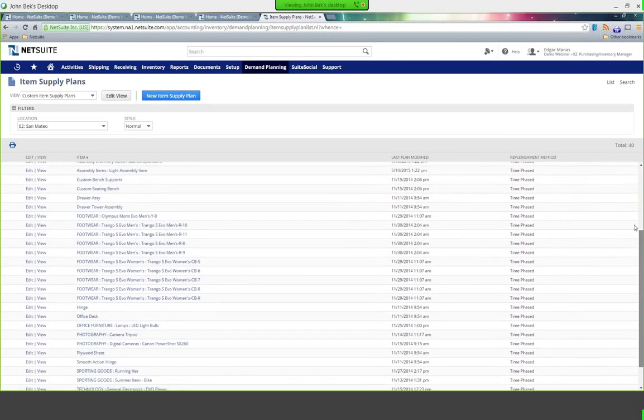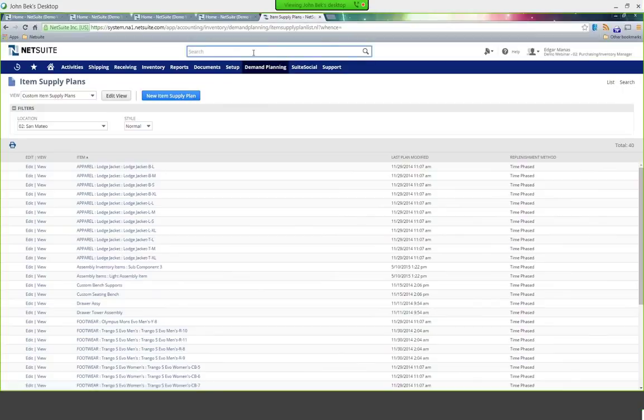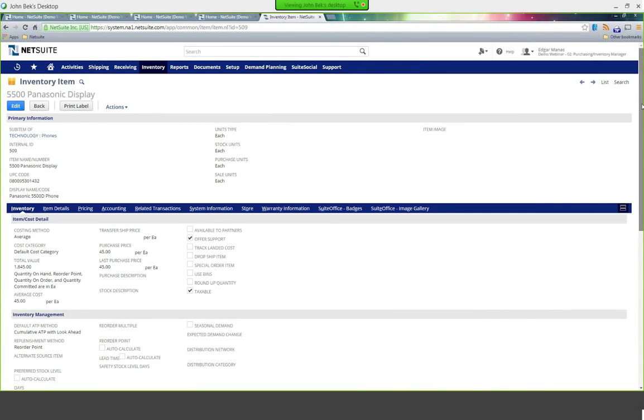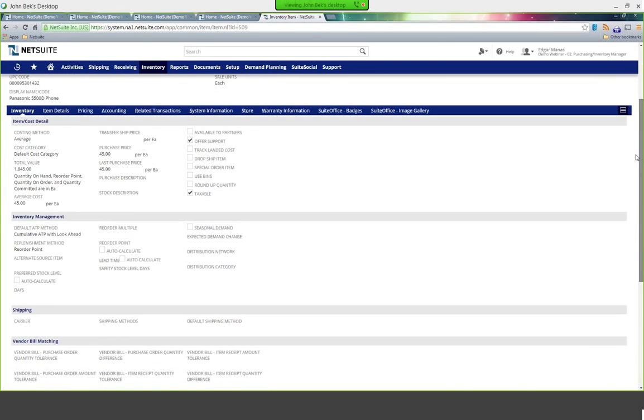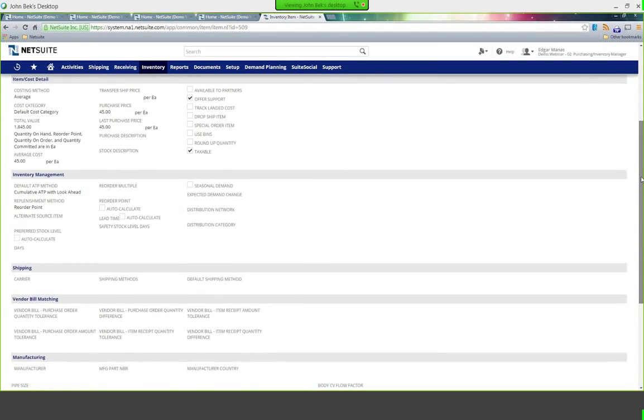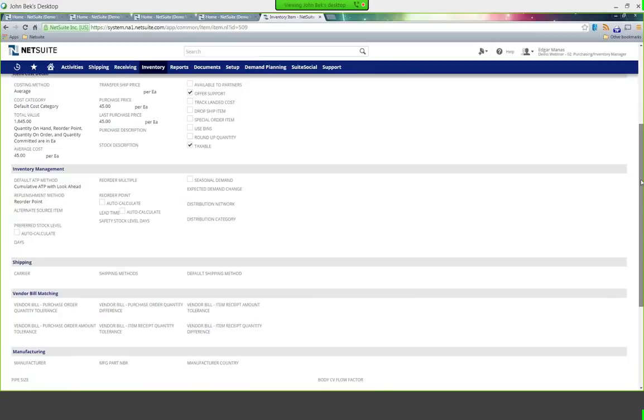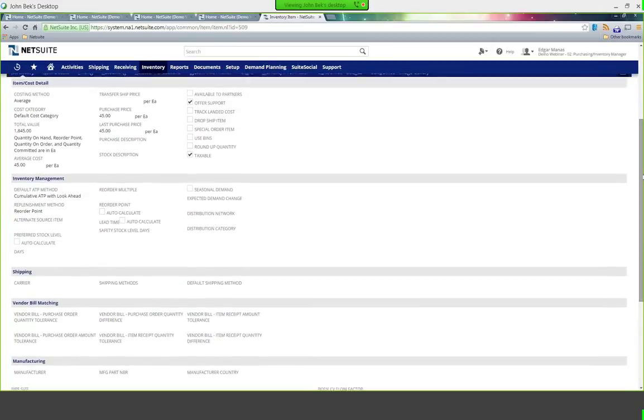As opposed to a reorder point, which we were looking at earlier with our item 5500, for more of your MRO type items, and various other types of business models, food service, Jan-San, paper, where we're not necessarily getting long-term forecasts from our customers. We're really managing day-to-day, week-to-week. Maybe we're routing orders on our trucks for delivery. We might use reorder point, and reorder point is actually using that historical information, calculating a reorder point, calculating a lead time.